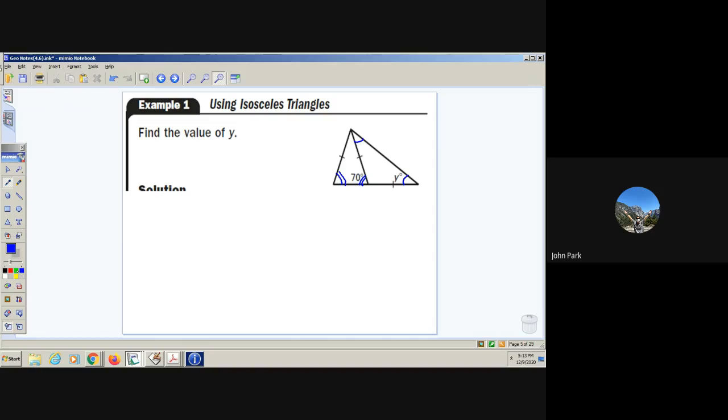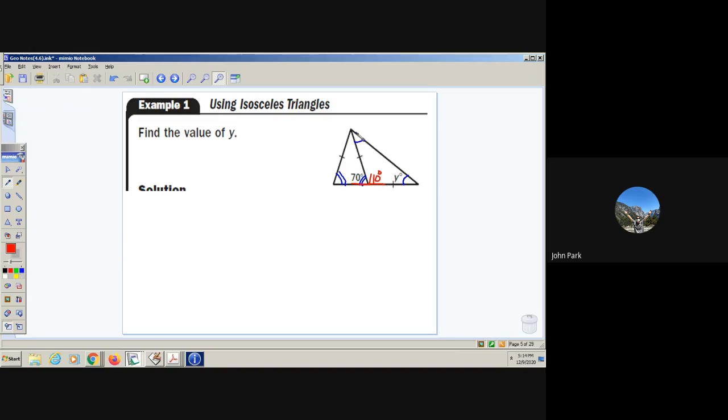Well, using the linear pair, which is these two here, right? That's a straight angle. So this is 70 degrees. Well, you know that's a straight line, straight angle. That should add up to 180 degrees. So that means this angle here, the vertex, should be 110 degrees, because 110 degrees plus 70 adds up to